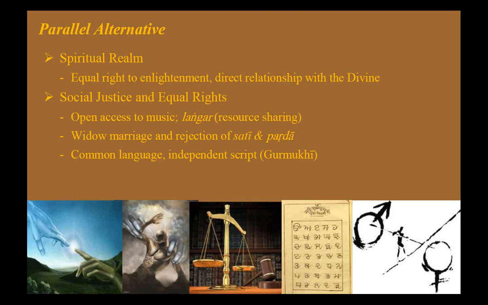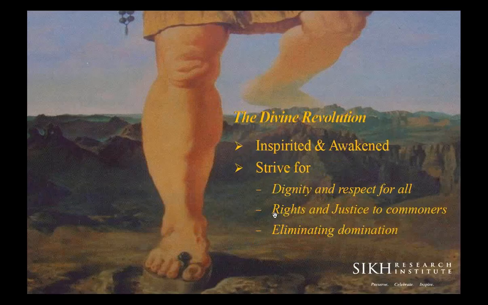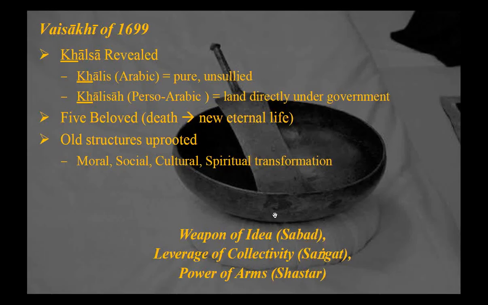time. And if the state does not provide justice, Guru Sahib creates a system where justice for even common problems like land disputes or other disputes, people would stop going to the Mughal courts and end up at the Sikh courts. So parallel alternatives, which were for the purpose of, as I mentioned over here, elimination of domination, were being set up by Guru Sahib.